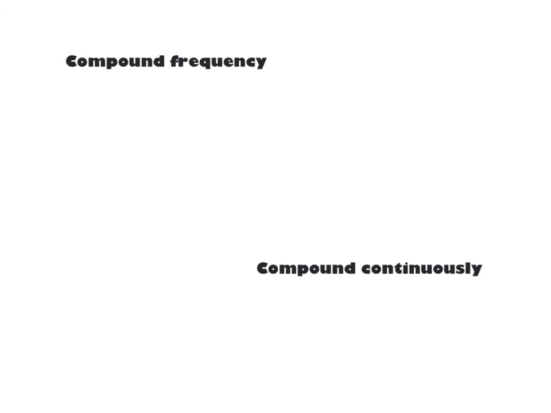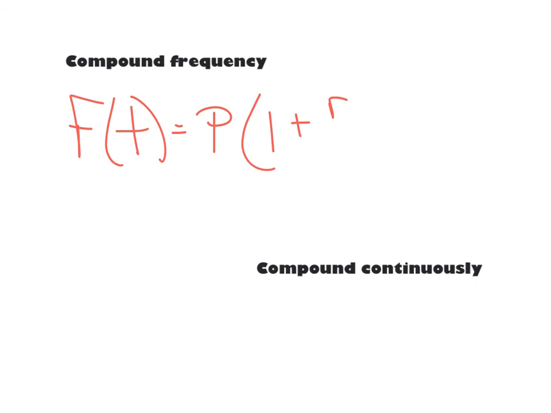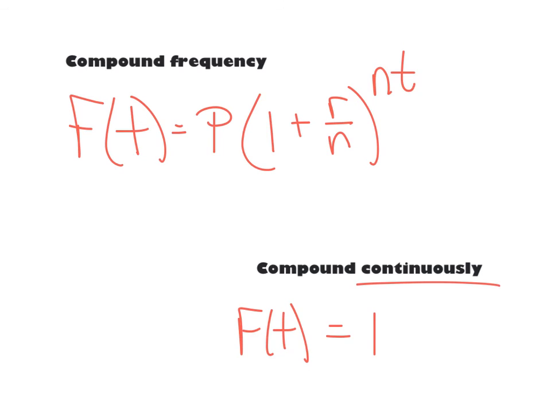So in summary, for compound frequency, our future amount equals our principal times 1 plus the rate over the number of times it's compounded, to the compounding times the time, and for continuously, our future amount equals Pe^(rt), P-e to the rt. So again, yes, we're going to remember those, so get them stored in your memory bank,